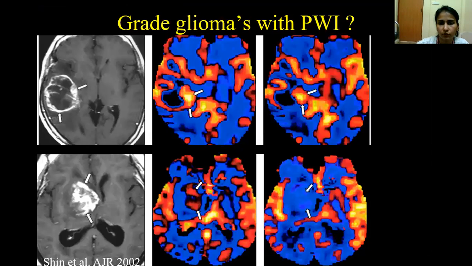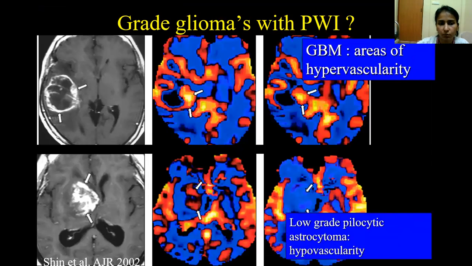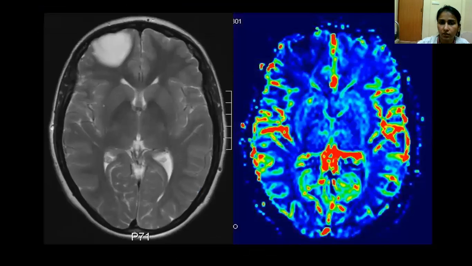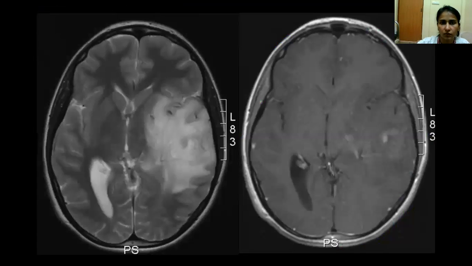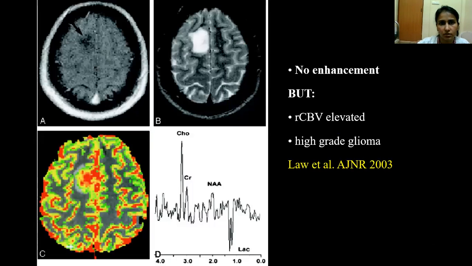Now, this is a perfusion weighted imaging. This is a glioblastoma multiforme with areas of hypervascularity. And the second one is a low-grade pilocytic astrocytoma with areas of hypovascularity. Okay. Now this again is seen in the right cerebral hemisphere. This one is on the left side with dilatation of the ventricles. Now there is no enhancement, but relative cerebral blood volume is elevated, so it is likely a high-grade glioma with